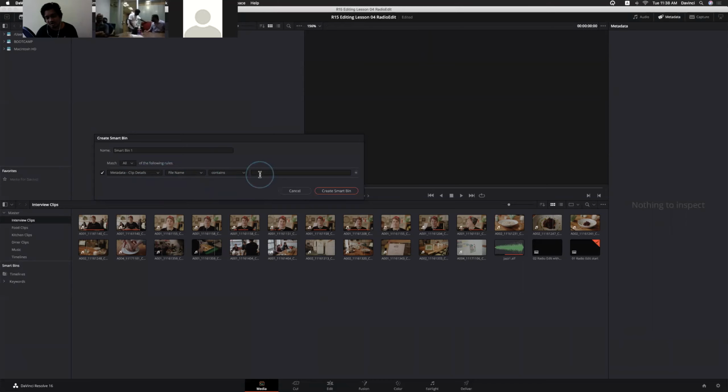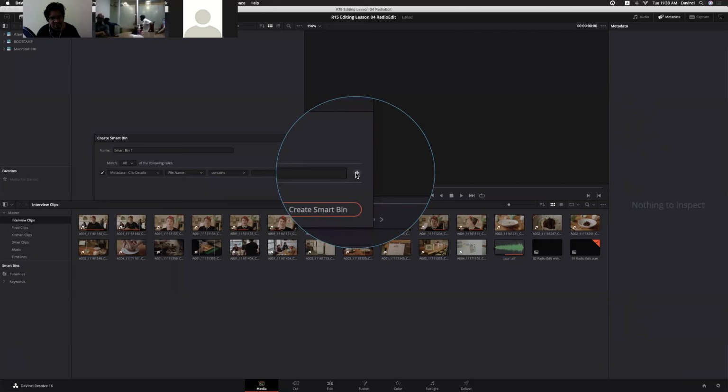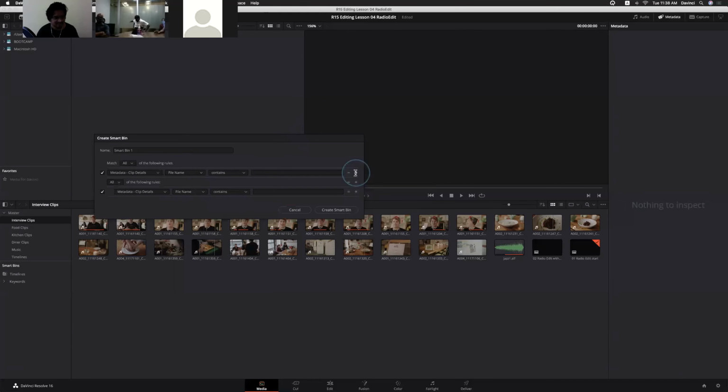And if you want to create multiple criteria for your keywords, you can add one more section also. Just click here, you can add all these options. By adding all these things, we can create smart bins, right? And that is pretty much everything about keywords and how to create them.